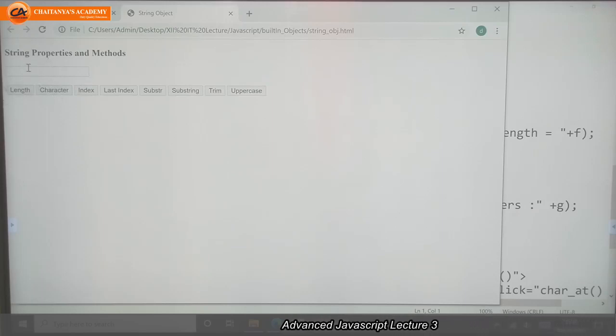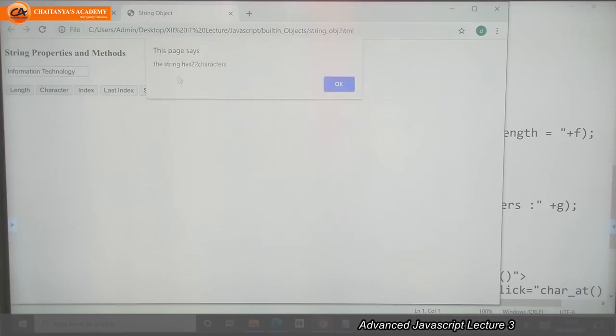We will see how it works. First, I need to pass one string, information technology. If I click on the length button, my output will be: the string has 22 characters.